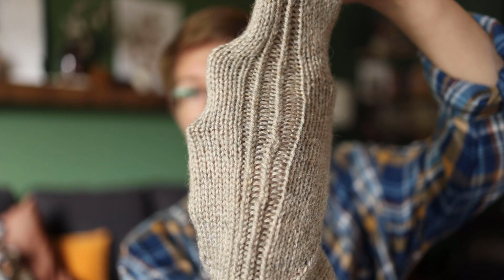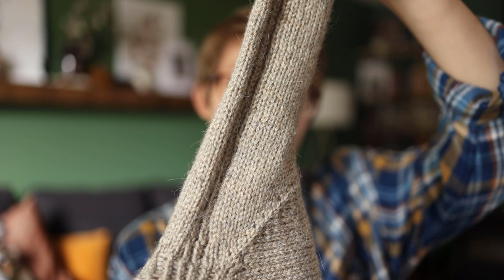I'm not doing a ribbing detail again on a sweater. Just let's say that. It's driving me crazy. I really wish that it would stay like this, but it keeps doing that, which is not cute. So yeah, I used the Tincan knits pattern, just added short rows and added the ribbing instead of the garter. Wish I had done the garter, but